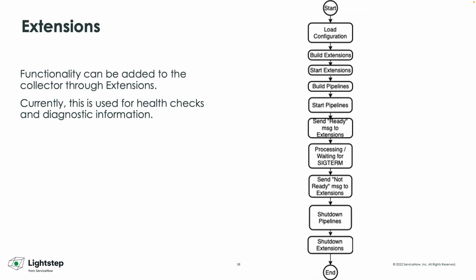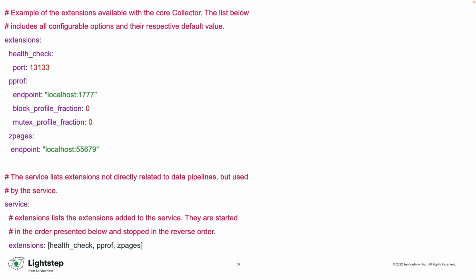And finally, extensions are used in order to add some features to your OpenTelemetry collector. Typically, we use extensions currently for health check or diagnostic of your OpenTelemetry collector. For sure, if you know the Go language, you can build your own extensions to OpenTelemetry, but you can also build your own receivers, exporters, or processors. This is the typical configuration for the health check and zPages extensions that are used in order to diagnose and to debug your OpenTelemetry collector.